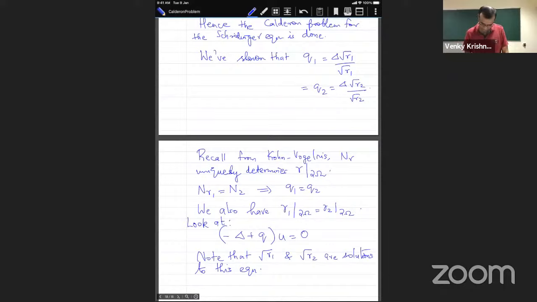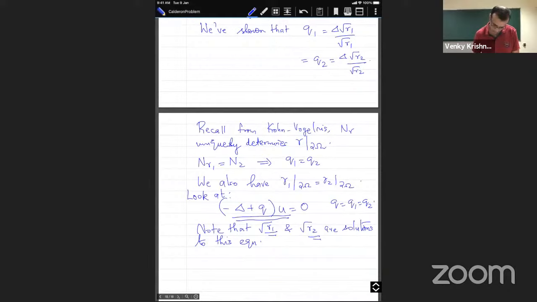Because suppose I substitute u is equal to root gamma 1, so I get Laplace root gamma 1 plus q, where q is q1, which is the same as q2. So whether I consider gamma 1 or gamma 2, it actually satisfies this particular equation. But we also have that root gamma 1 and root gamma 2 are the same on the boundary. So therefore, by uniqueness,